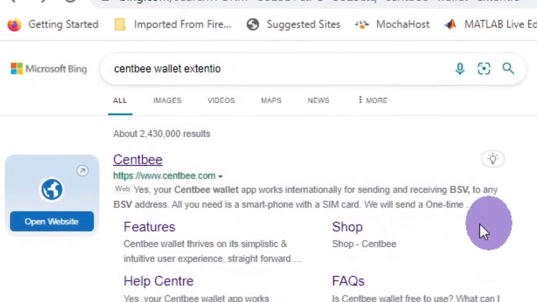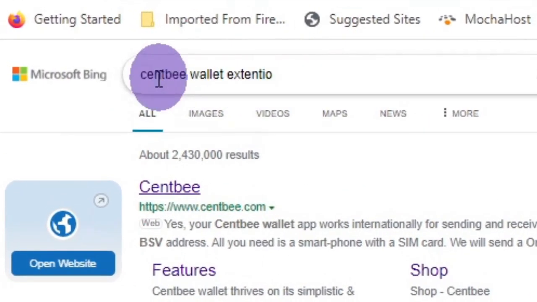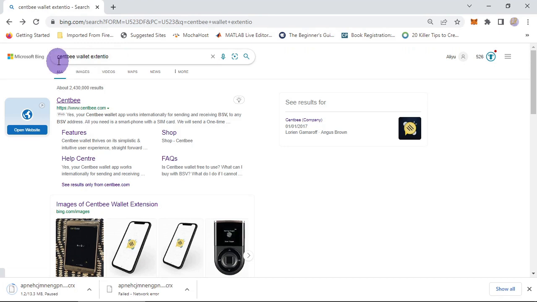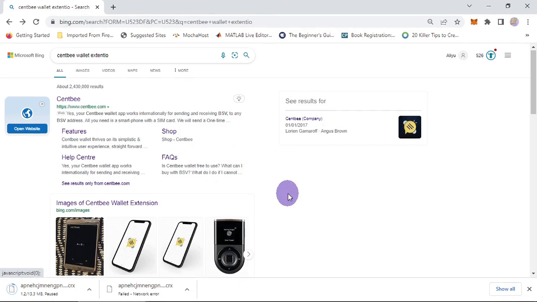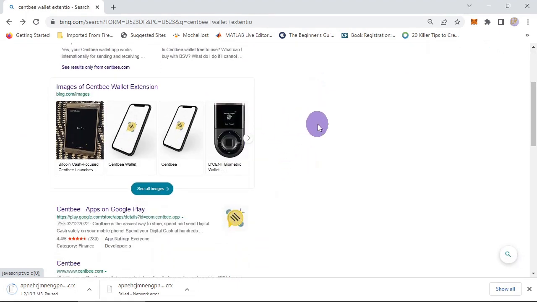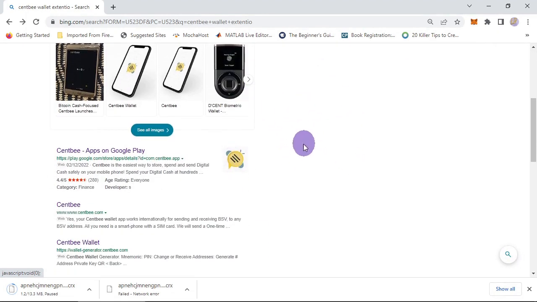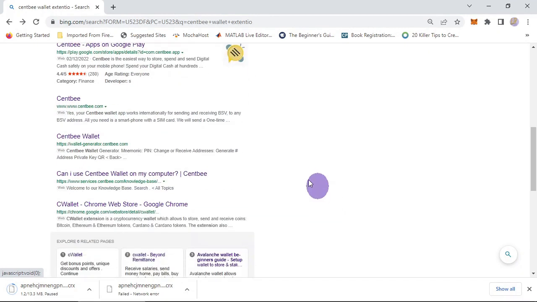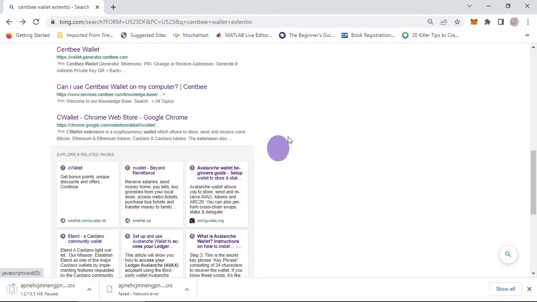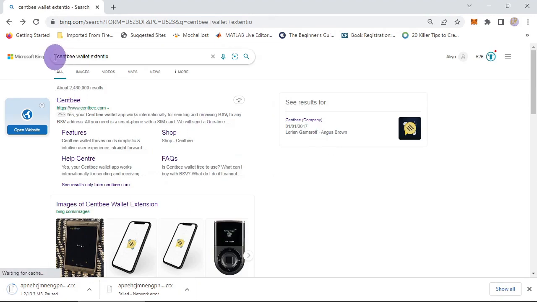So first of all, you need to go to the browser and type inside your search bar, for example, Centbee wallet. Because we are going to discuss how you can import your already existing wallet, which is Centbee, onto the computer without any issue, so this is the video you must have watched. Make sure you follow along so that you will not miss any part of the video. So as I type into the search bar this search criterion, that is Centbee wallet extension,